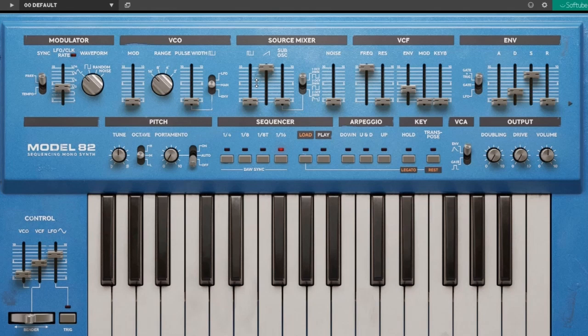So like if you have a saw, okay, and then you bring in a pulse, all you're doing is you're shaping one oscillator between the waveform of a saw and a pulse. And as you can hear, it's perfectly in line. There's no kind of